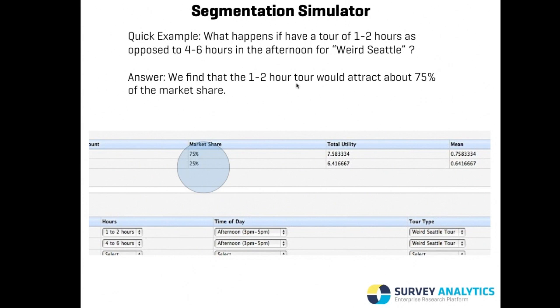And so what we would do again is we would set up the simulator as usual, and then we go back into the market share and see that if we were to change the hours and keep everything else constant, the market share will change. So it seems that people prefer doing tours of only 1 to 2 hours. They're not really interested in blocking out the majority of their day to specifically be on a tour. So perhaps this is probably a good area for people to